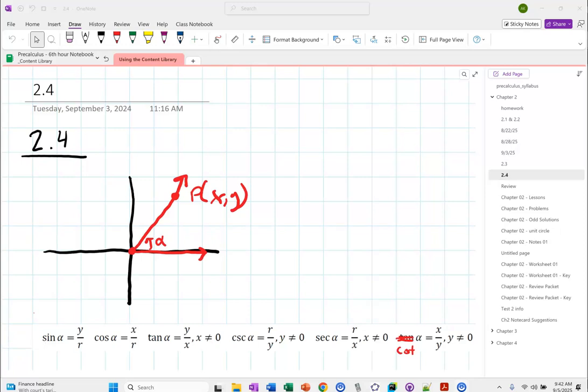Our plan today is we're going to look at section 2.4. I will be quite frank and tell you that this is maybe the most important section in the first semester. If we can't get the skills down here in section 2.4 and be able to do that consistently and correctly,